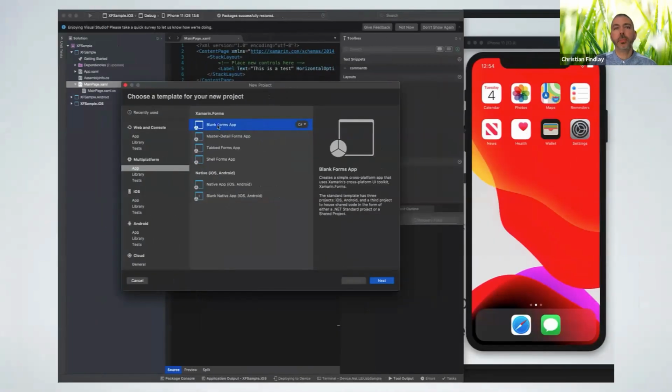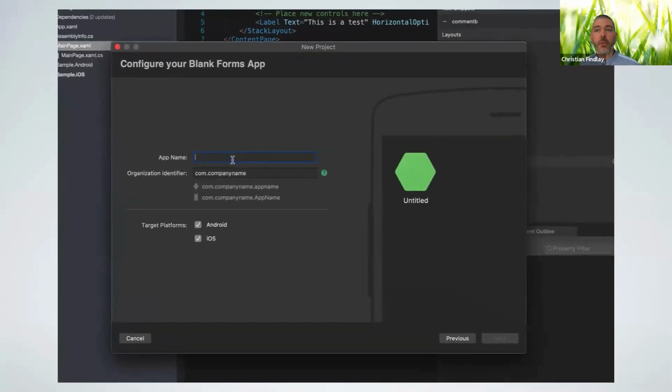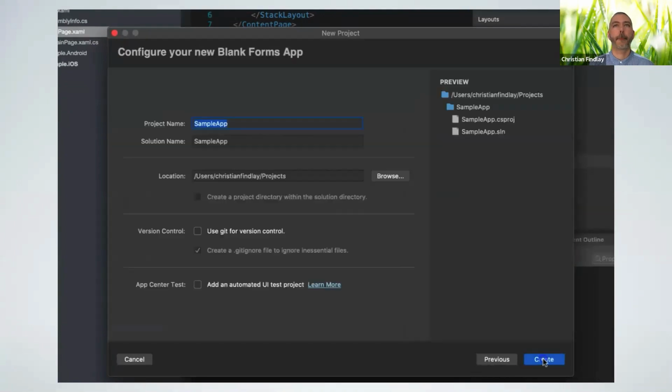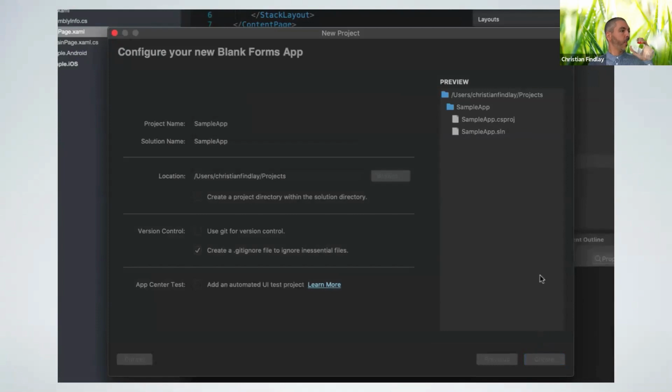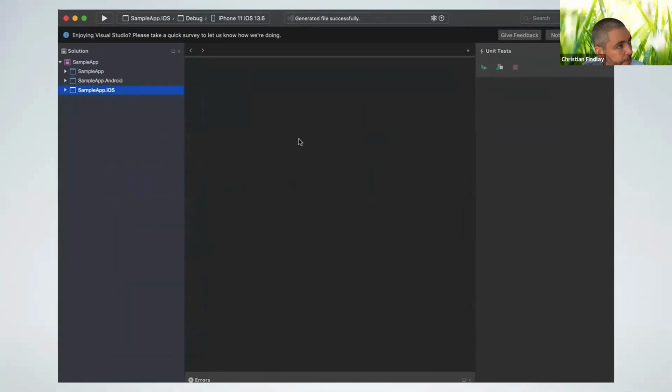Okay, I'll just show you a little bit of a video. This is Xamarin Forms. This is not MAUI. But this is creating a Xamarin Forms app from scratch on a Mac.